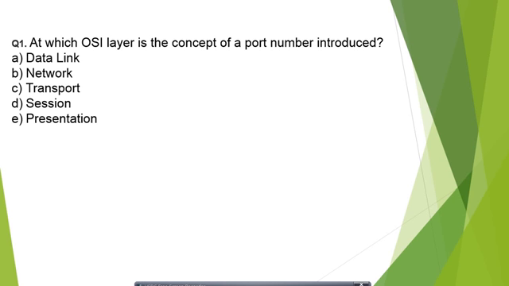In this lecture itself we have discussed that the transport layer provides the facility of process to process communication, and processes are running at a particular port in the system. So the concept of port number is being used at the transport layer because process running